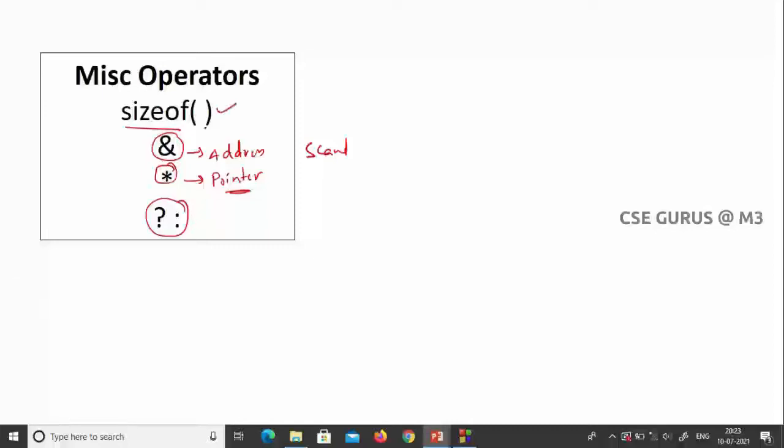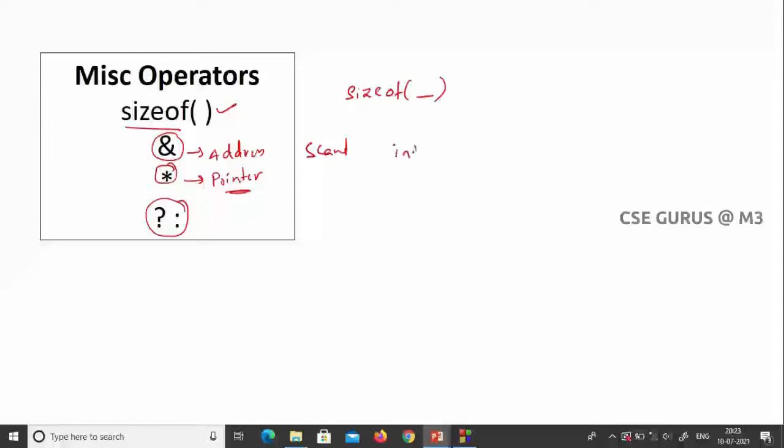Now first, if I go with the sizeof operator, so sizeof something, any variable or whatever you give, it gives how many bytes of memory will be allocated for a particular variable. It only does that one, and it calculates how many bytes will be allocated for that particular variable.